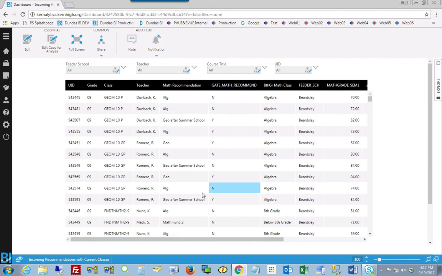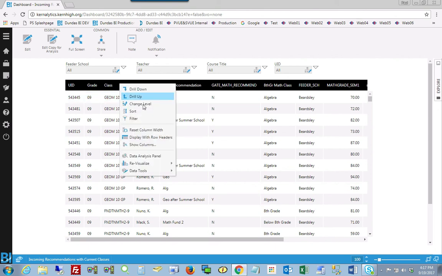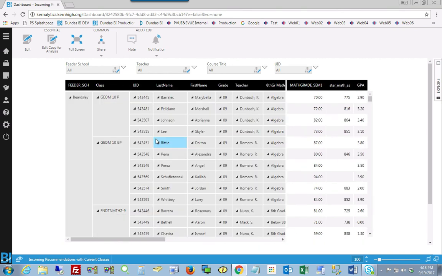So lastly, I want to show you that you can display the table in a flat table method or a hierarchical method. Now we're looking at a flat table now. That just means there's no relationship built in between the different columns. If we right click and say display with row headers, that's going to show us a hierarchical view of all the attributes. So that may come in handy depending on what data you're looking at,